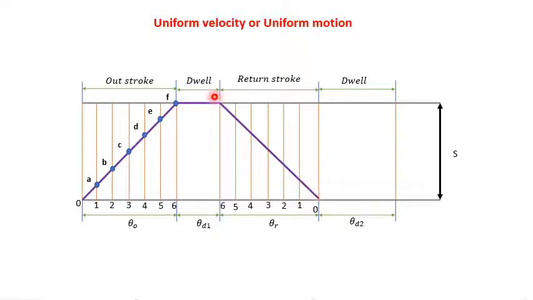So wherever this diagonal line cuts the first vertical line, mark the first cutting point. Then wherever the diagonal line cuts the second vertical line, mark the second cutting point. Then third, fourth, fifth, and sixth cutting points. Then name it A, B, C, D, E, F, like this. Okay, so using these cutting points,